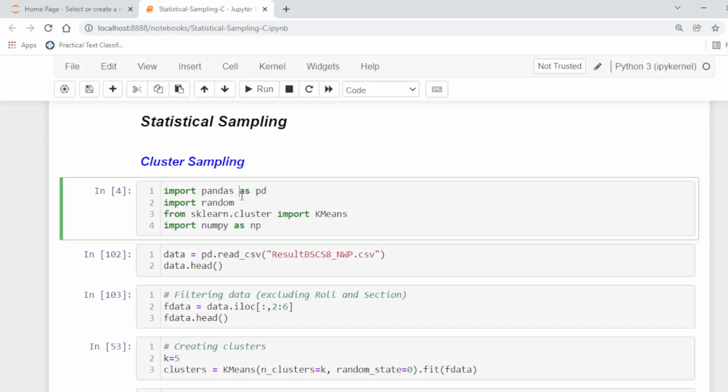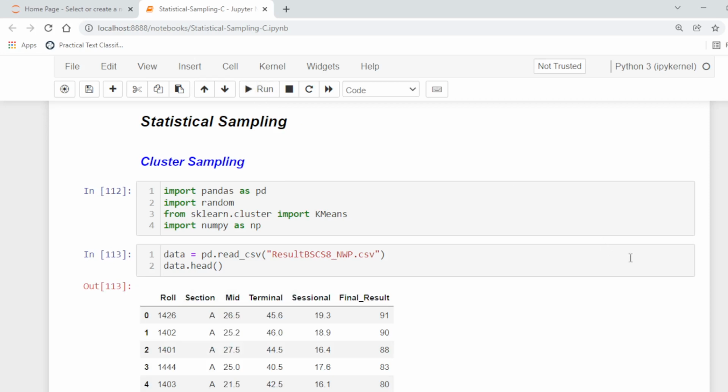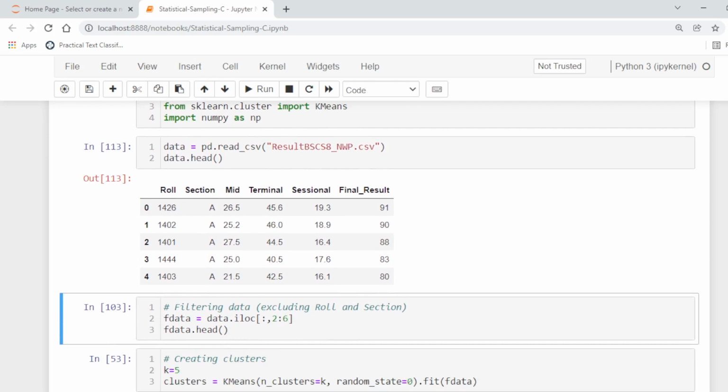So here, first of all, we are importing the libraries: the pandas library, random, and we are importing k-means from the sklearn library for creating the clusters. This is our data, the previous data used for the systematic random sampling technique.